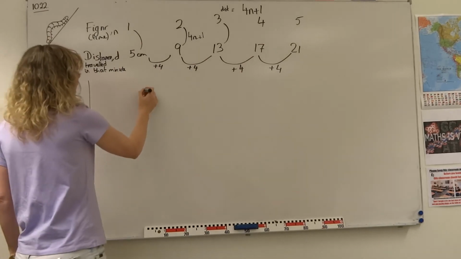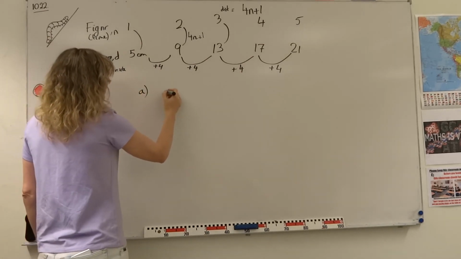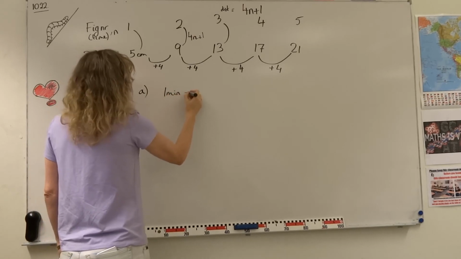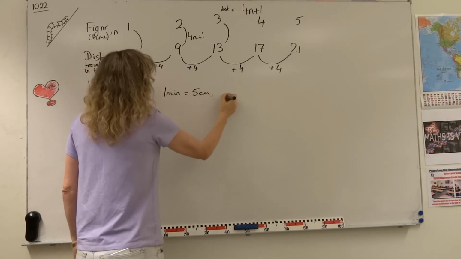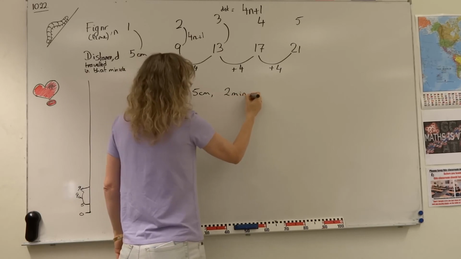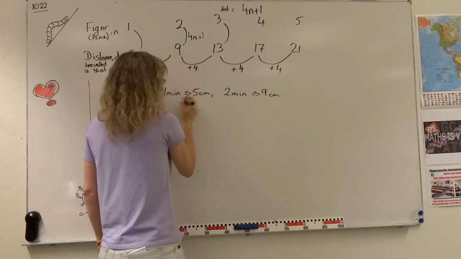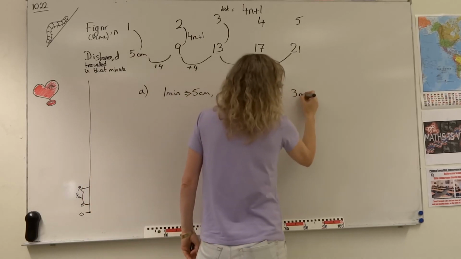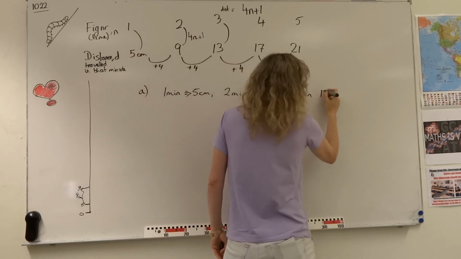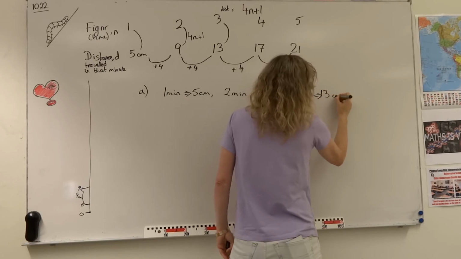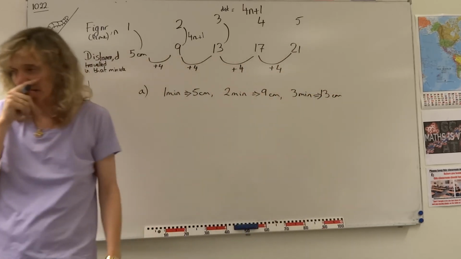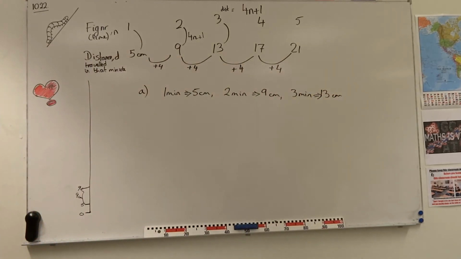So question A was, what were the 5 distances? In 1 minute, you'd write it like this, it's 5 centimetres. 2 minutes, it travels 9 centimetres. In 3 minutes, it travels 13 centimetres, etc. So you write it all neatly in your books. Then it asks us,